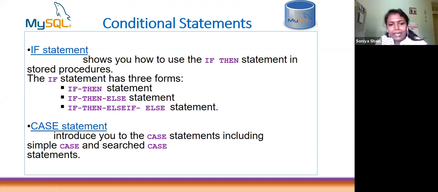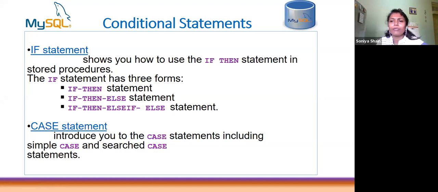Then the if then else if then else statement. That means multiple decisions, a group or range of decisions, happen in this last if category of statement. Then the case statement is for multi-branching, or multiple decision branching.